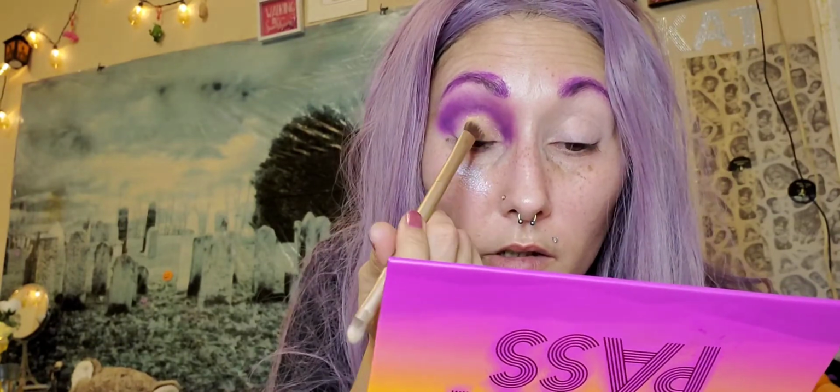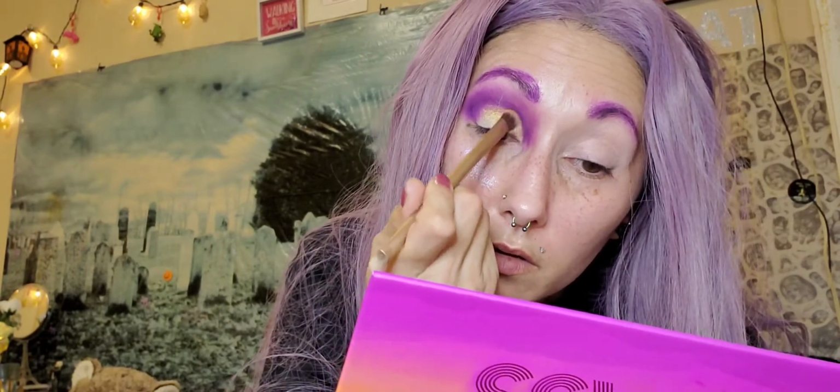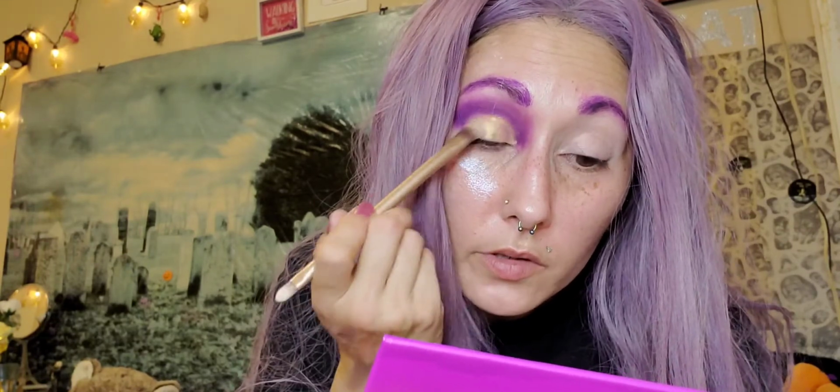So let me try a nice flat synthetic brush. I'm going to take that front row color and place it on the lid. It is a pretty gold color. That would look really nice on deep skin tones as a highlight. So it's not like an opaque gold. Maybe we'll build up to that, but